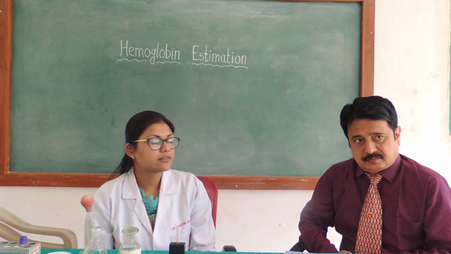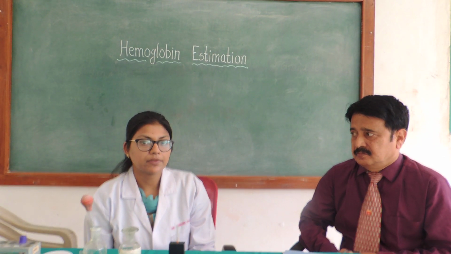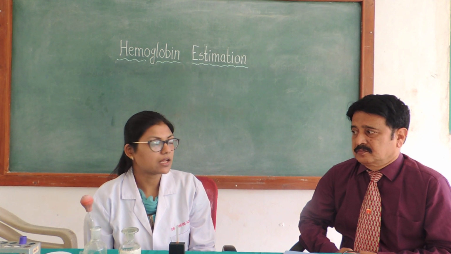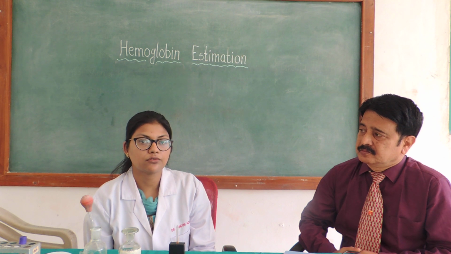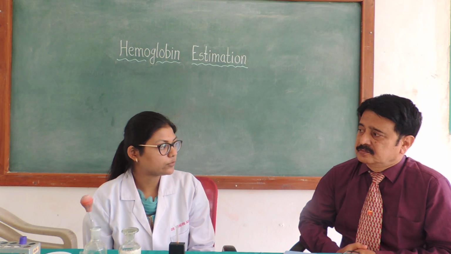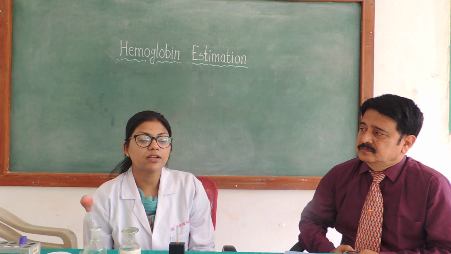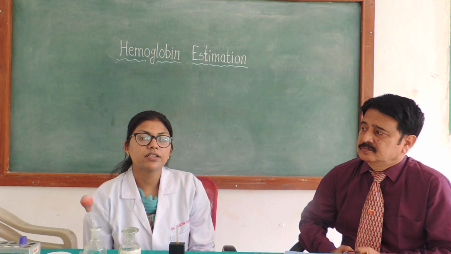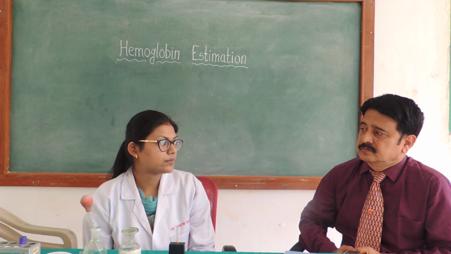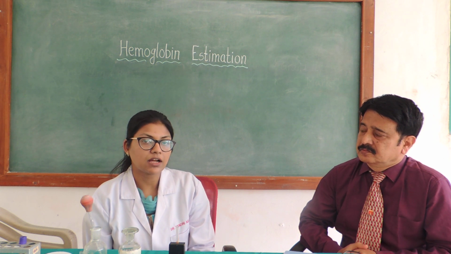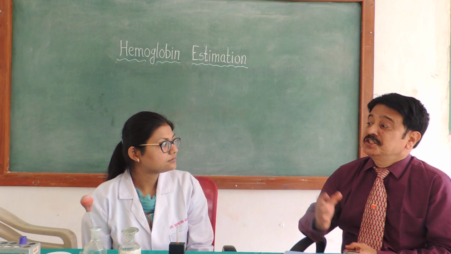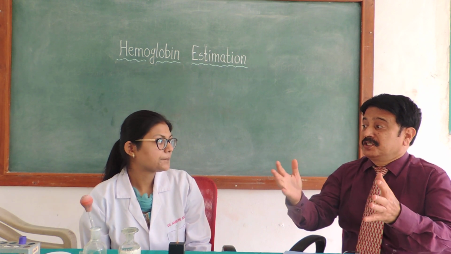Tell me some other methods of estimating hemoglobin. Apart from the colorimetric methods, we can use gasometric methods in which we have the Van Slyke apparatus, and we measure the amount of oxygen carrying capacity of the blood to calculate the level of hemoglobin. Then similarly, we have a chemical method in which we calculate the amount of iron which is present in the RBCs to calculate the hemoglobin amount. And then we have a specific gravity method, which is used in blood banks, I think. Yes, donation camps are there.